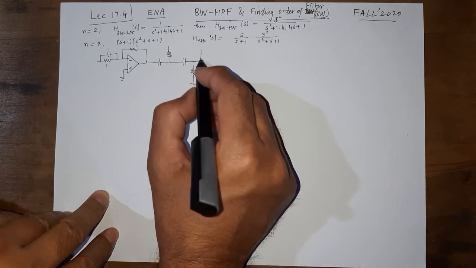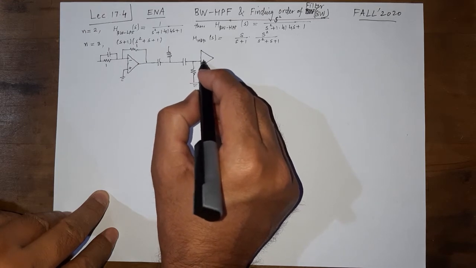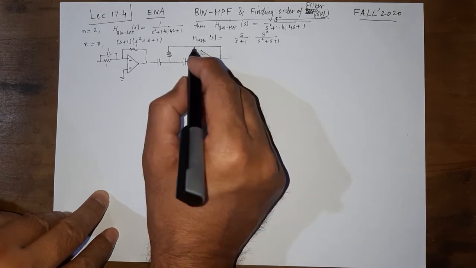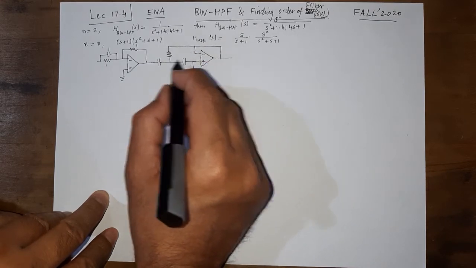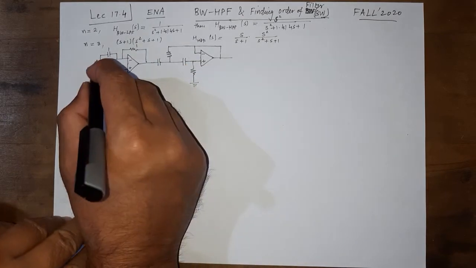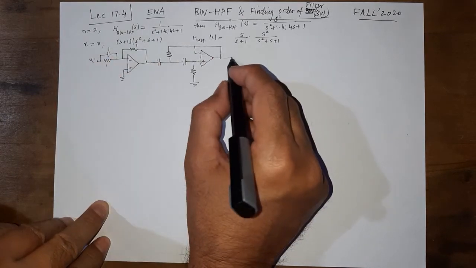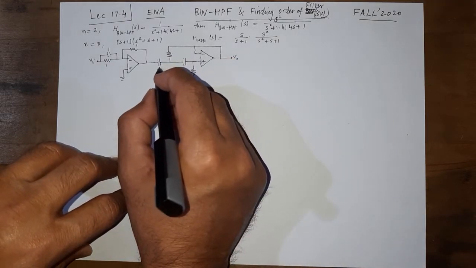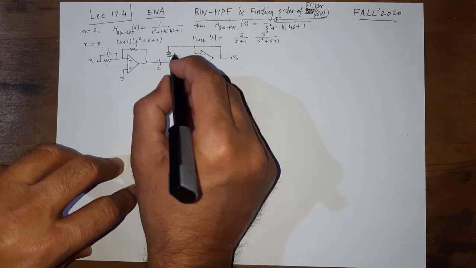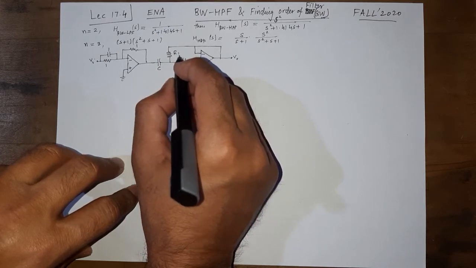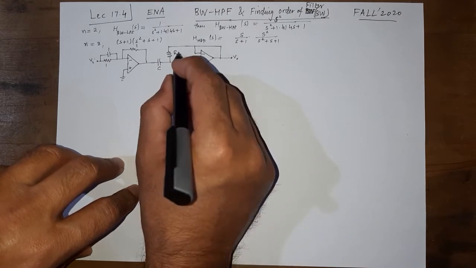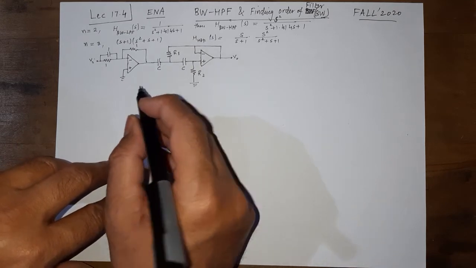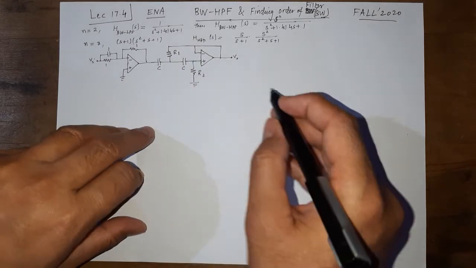For someone who has not switched off their mind, all these topics are very simple, and using simple steps we can very easily draw and implement Butterworth filters. So here these C's are now of equal value. We call both of them C, and this is now R1 and R2, like C1 and C2 in the low pass filter case. And once again, I am not going to write the whole expression here.